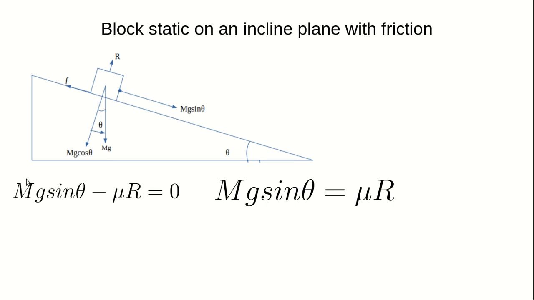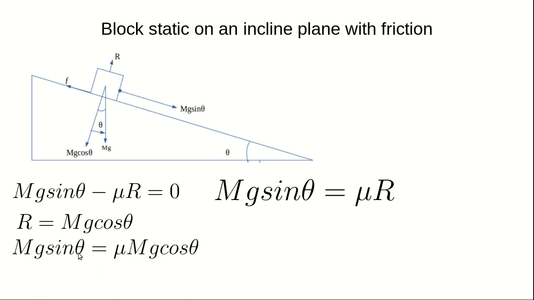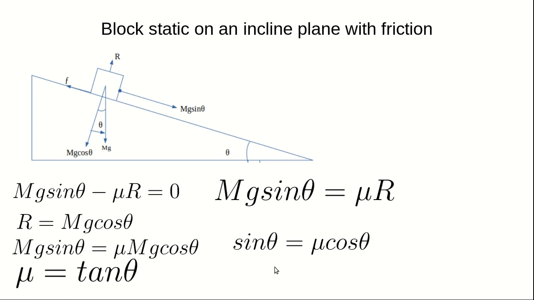Okay, so remember that our F is mu R, and R equals mg cos theta. If we substitute the value of R into this, we have mg sin theta equal to mu mg cos theta. So we can make mu the subject of the formula. We take mg out, and we have sin theta equal to mu cos theta, so mu is the subject of the formula, and